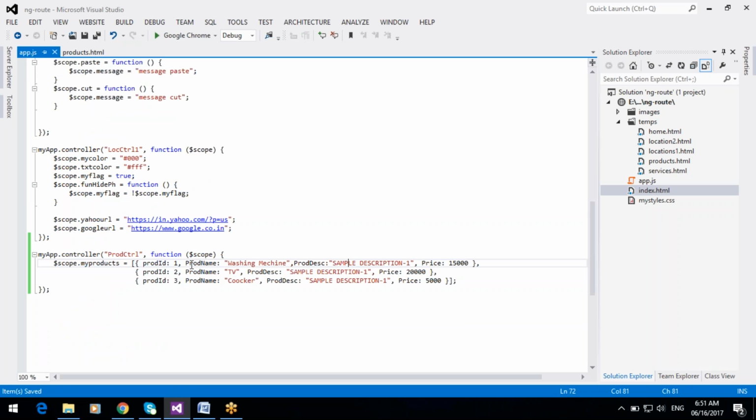Here you can take one more column, number of product reviews.